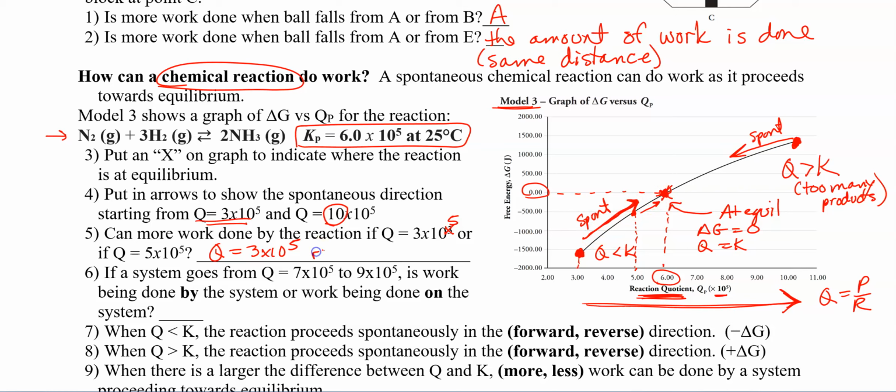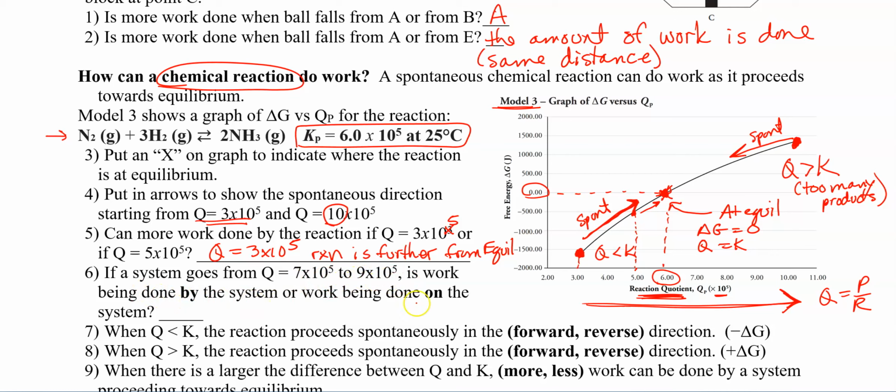So the reaction is further from equilibrium is one way to think of it. It's going to proceed farther in order to get to equilibrium, okay? So the further away you are from equilibrium, the more work that can be done. That's the point there. Number 6, if a system goes from 7 to 9,